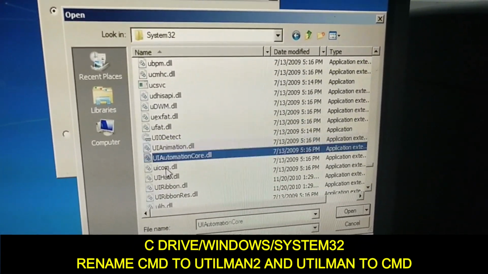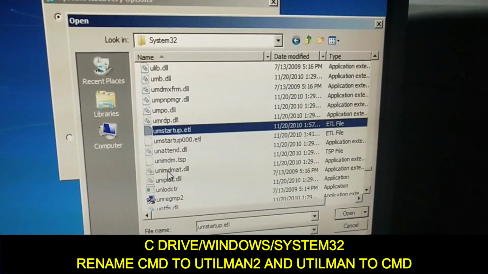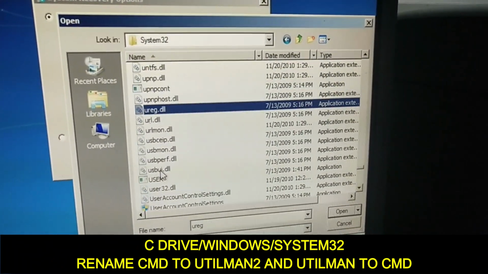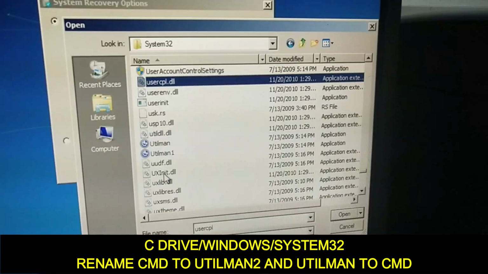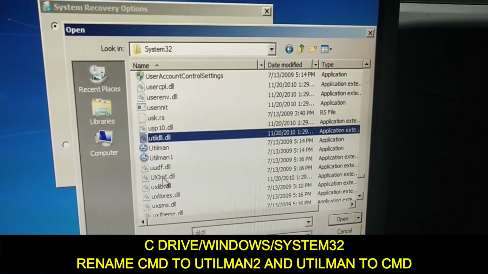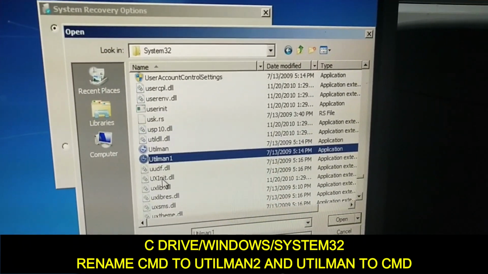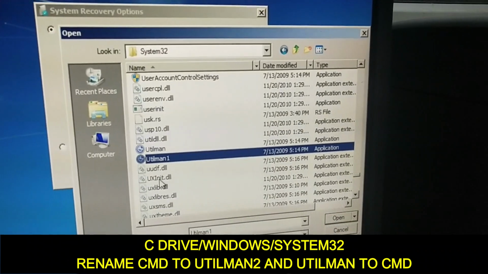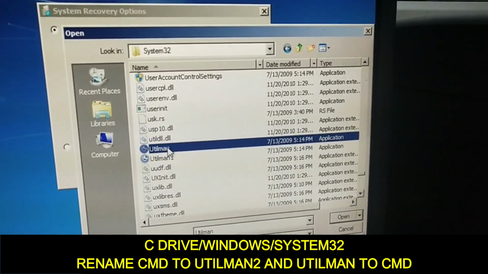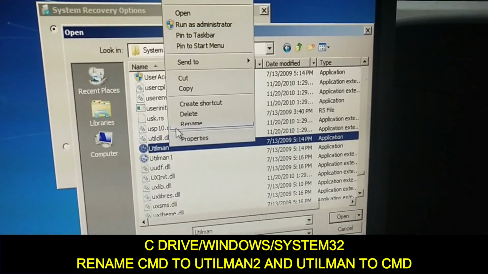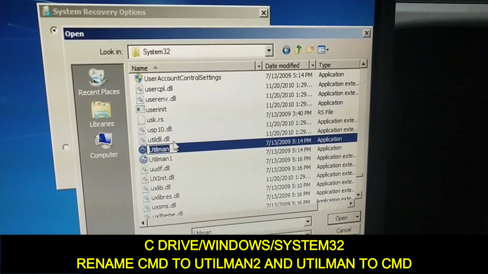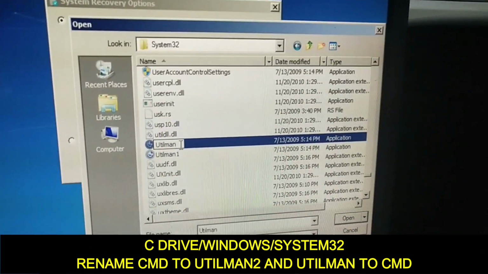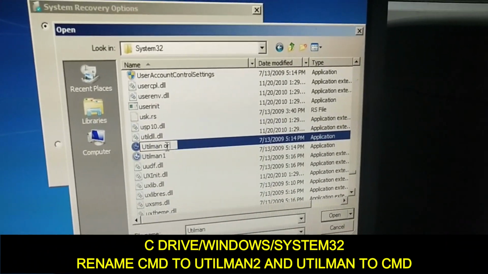For that I will press U till I get to utilman. Here is the utilman. There are two utilman. I will rename this utilman to utilman.org,